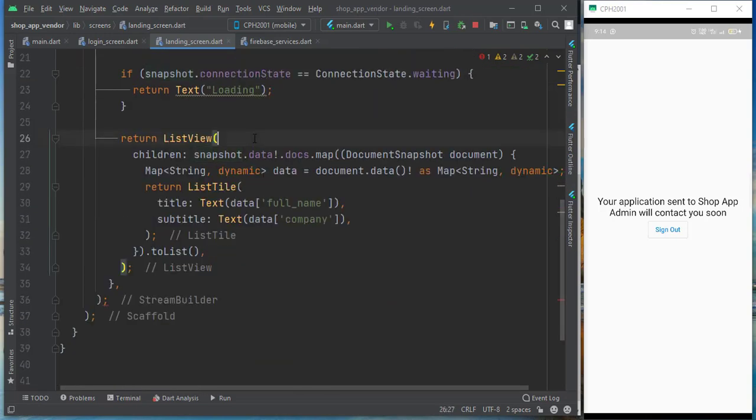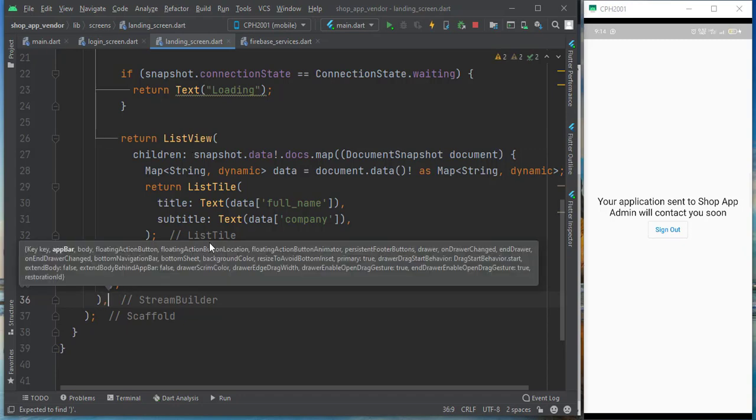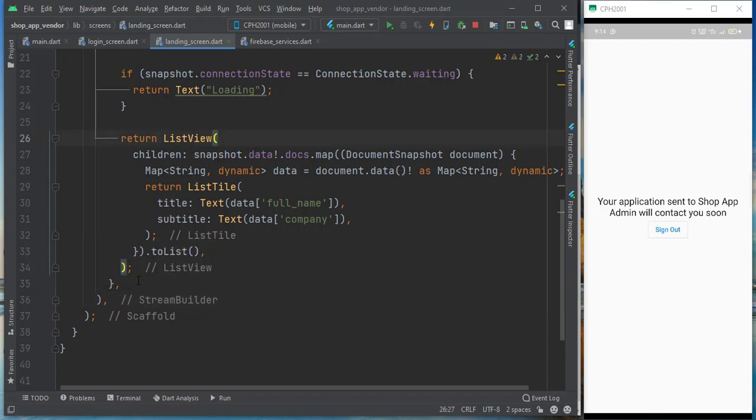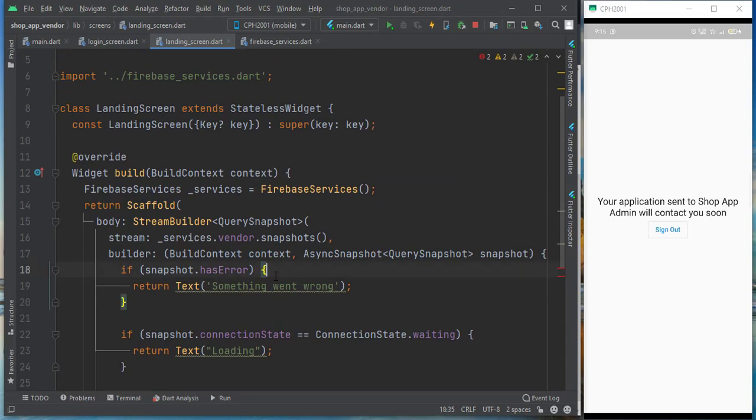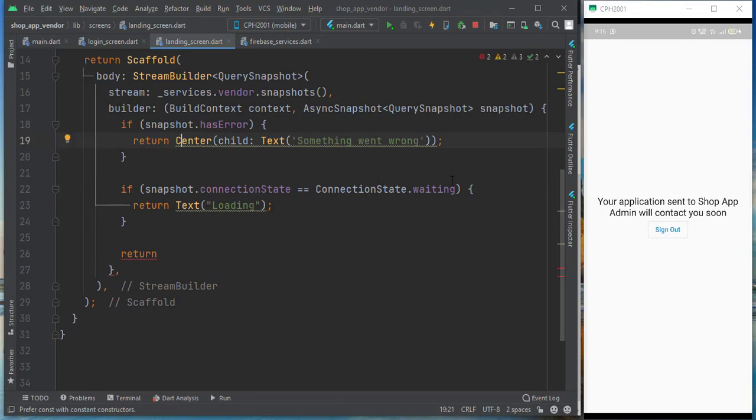So now here there's a list view. We don't need that one. Actually, we will remove that list view. And this is like this. If snapshot has error, that means some error. This will show on the screen, and you have to make it in the center. Okay, if snapshot is connecting, or it's waiting to get connected, it will show loading. So this loading we will change with